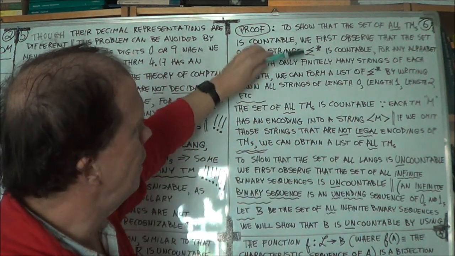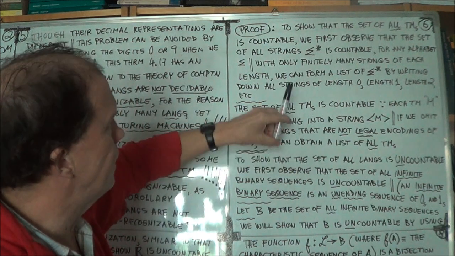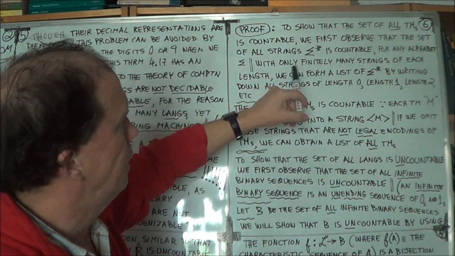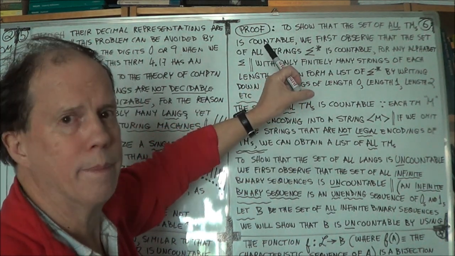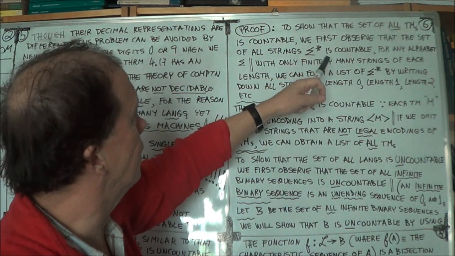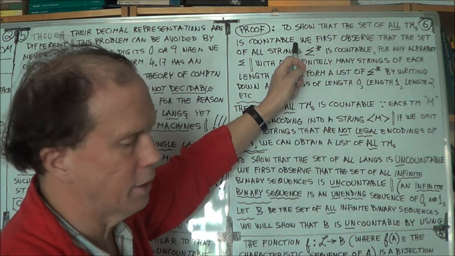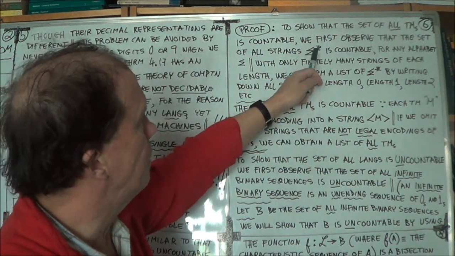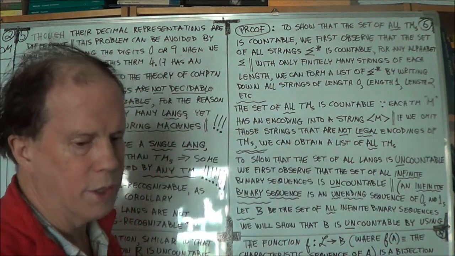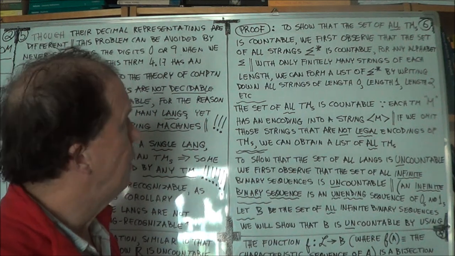Well, we need an intermediate step, and for a given alphabet, that's implicit, I guess. So here's an alphabet, capital sigma, and it's sigma star. So it's all possible strings that you can form